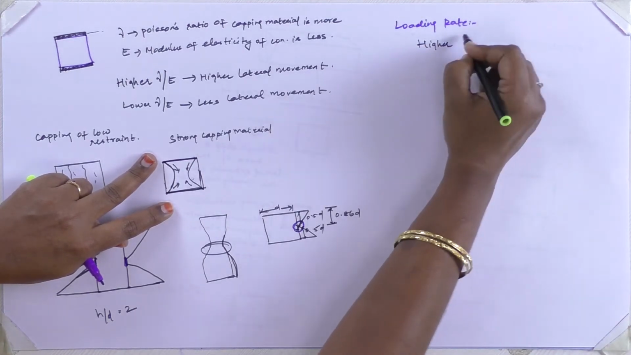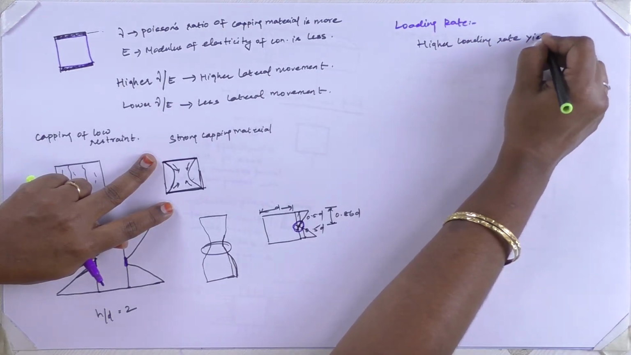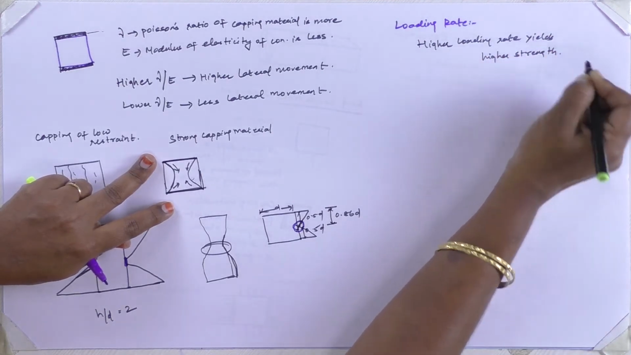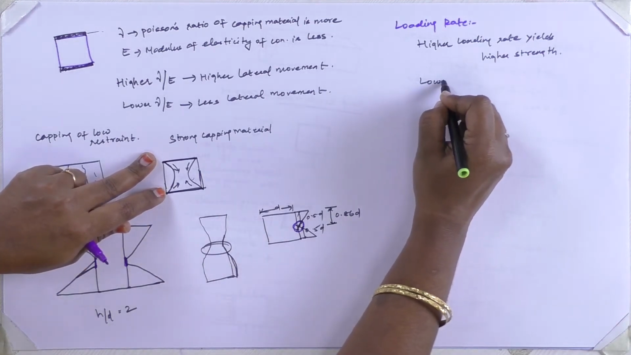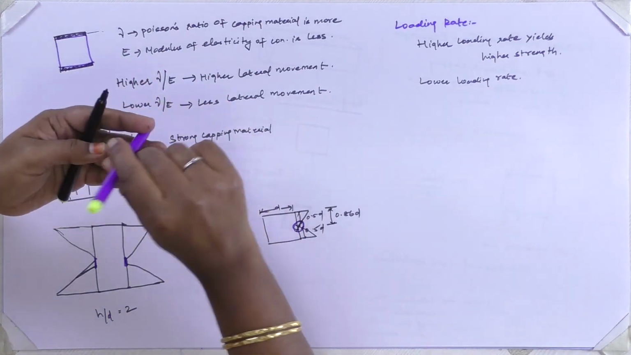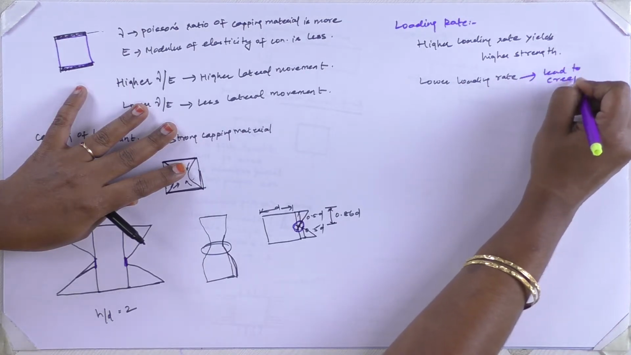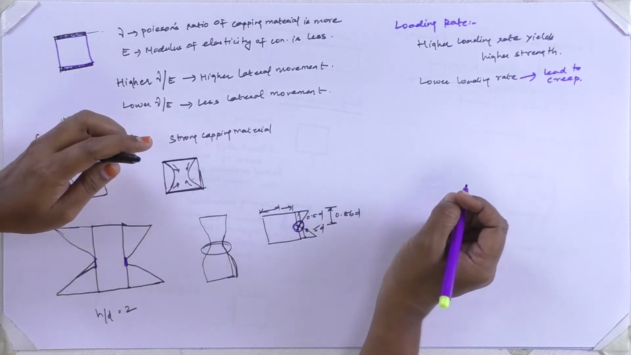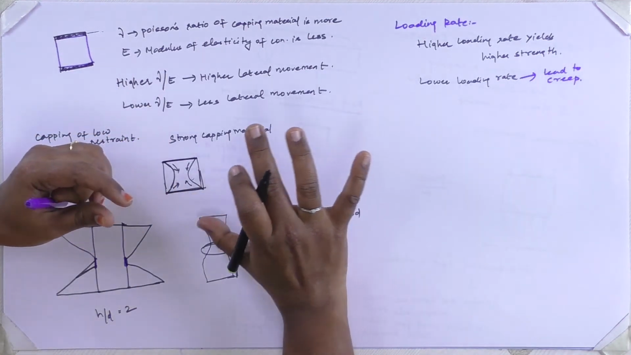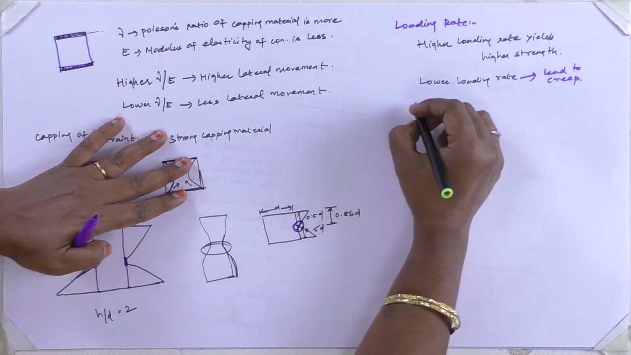Higher loading rate yields higher strength, whereas a lower loading rate will lead to creep developing in the material. So we should have some sort of constant loading rate, and as per the codes prescribed,